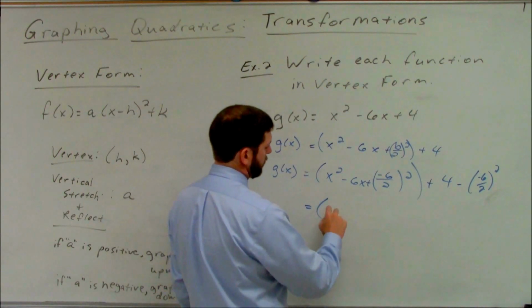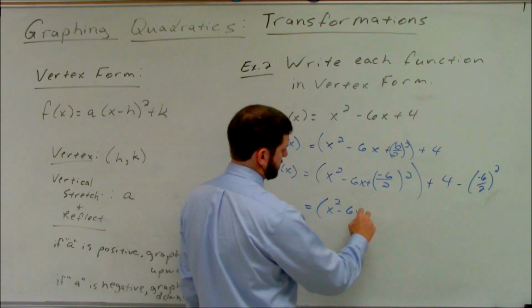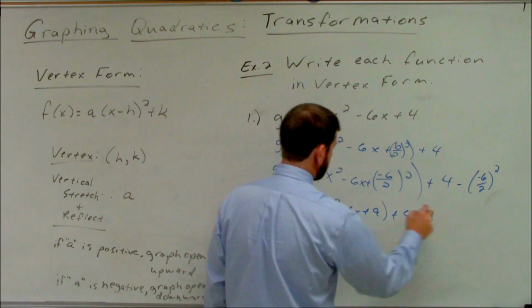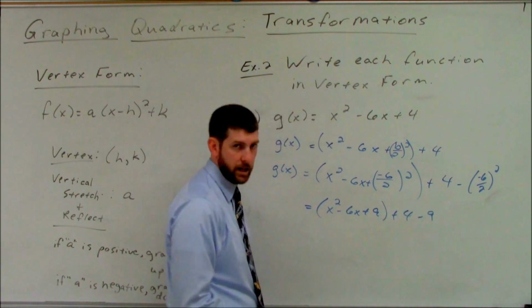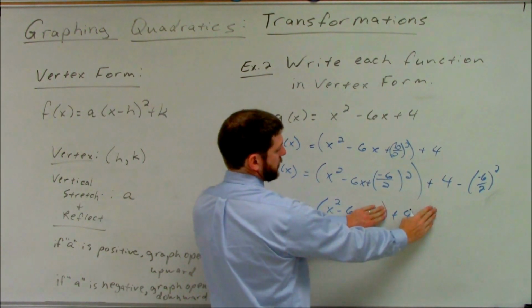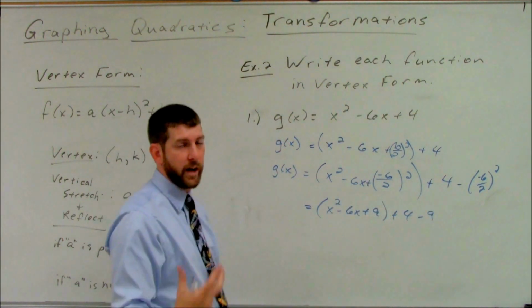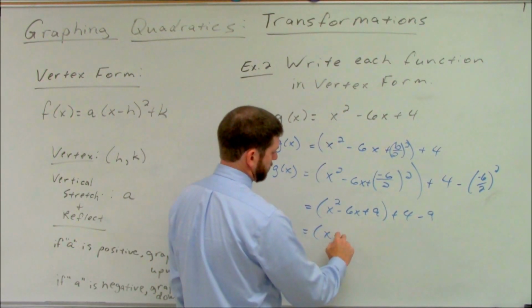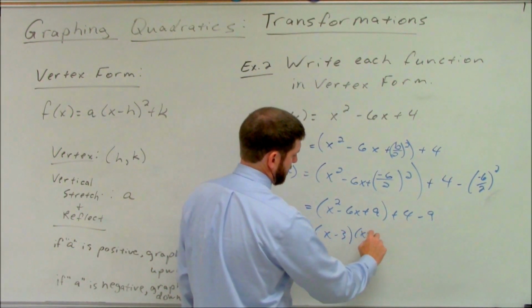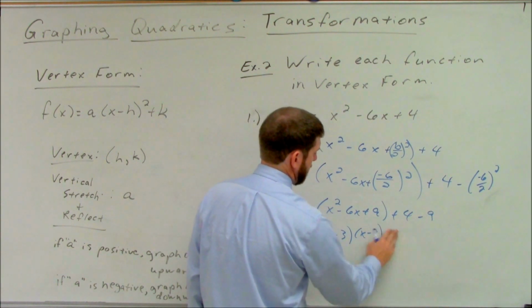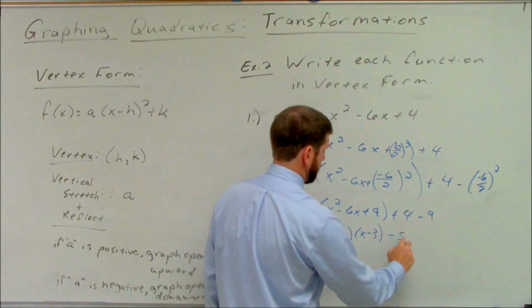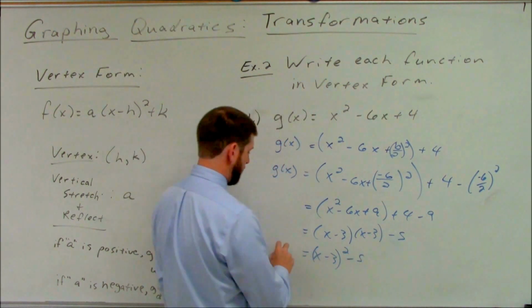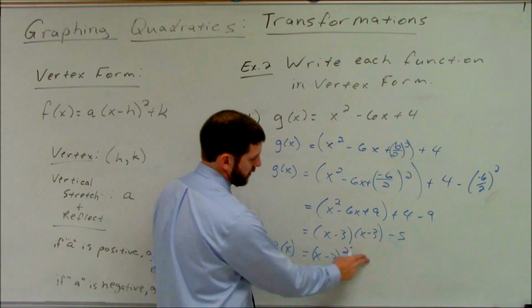We go on through, we know we have x squared minus 6x plus 9, plus 4 minus 9, say plus 9 minus 9, still that's 0 for the whole equation, which we haven't changed the value of the right side, we're just changing the way it looks. And we get x minus 3 times x minus 3, minus 5. So I get x minus 3 quantity squared minus 5. That is my vertex form